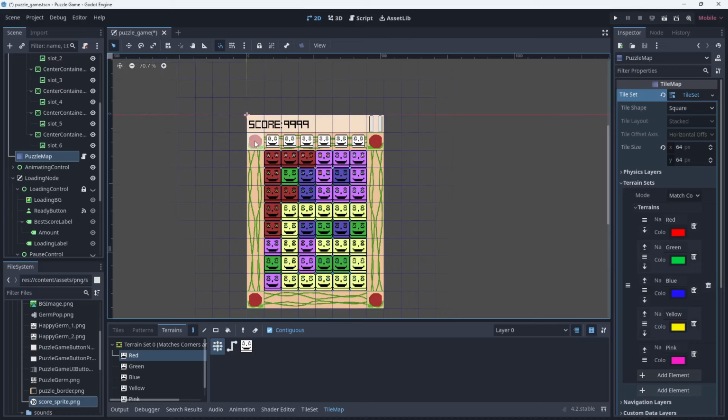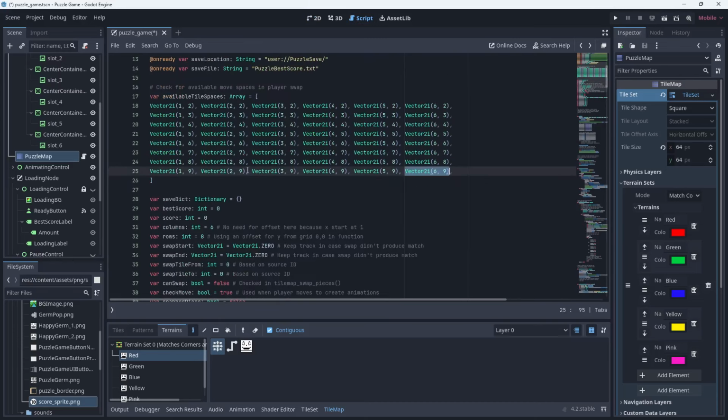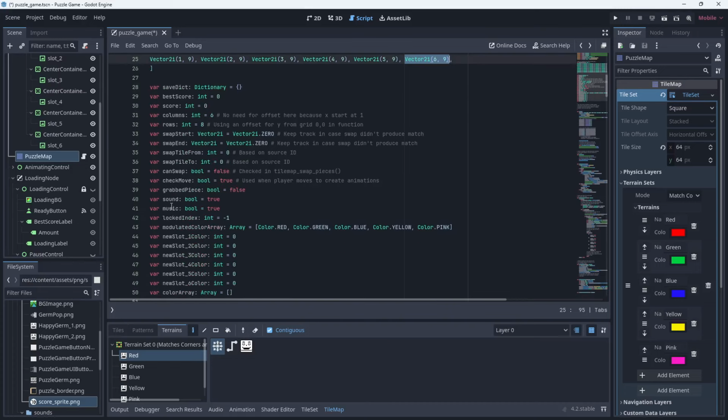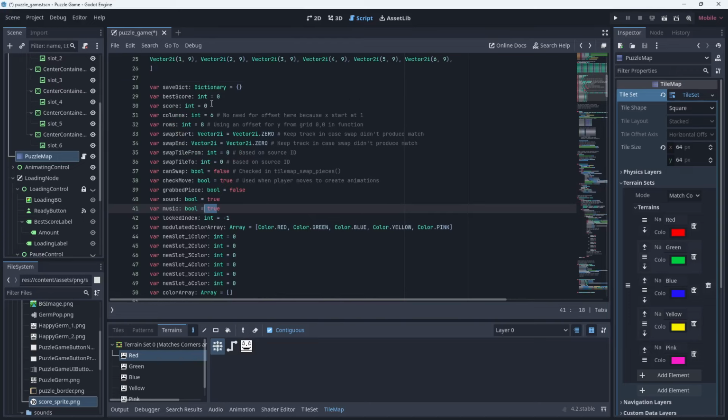So with that, we have a saved dictionary, and like I said, we'll get into that later. We just put our information in, like best score. We put in the information sound and music, and that's the only thing that we save in this game. We can make a more robust save in Godot, but this is just using a simple text file, so nothing really big. So there's our best score, and our score